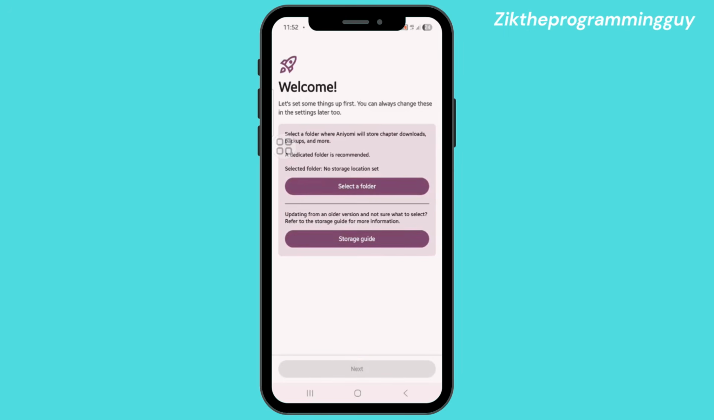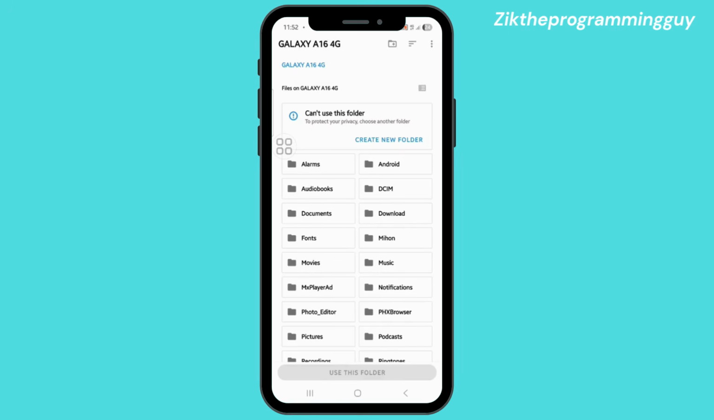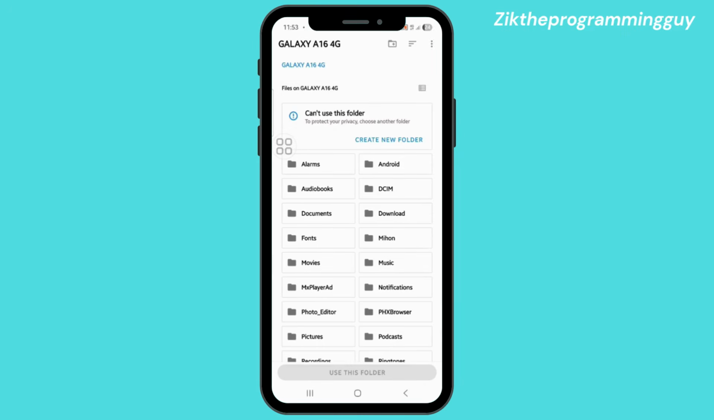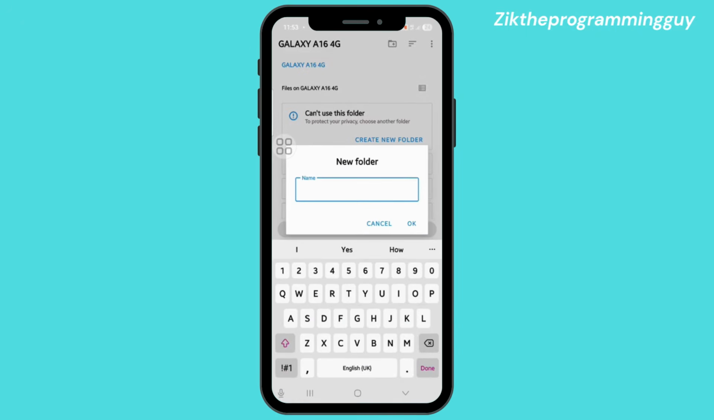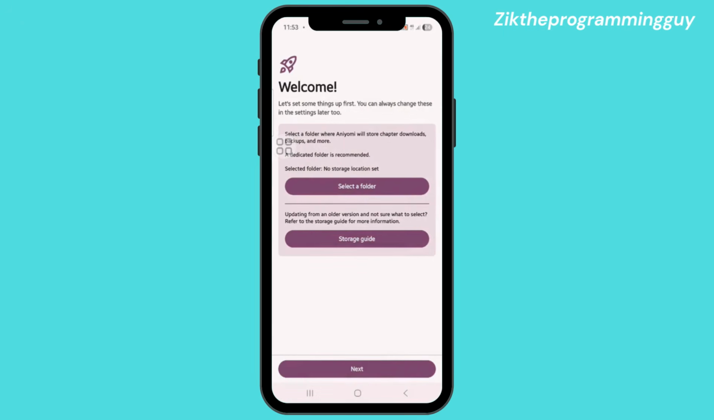So we're using the dynamic. Click on next, click on select a folder. You pick any random folder of your choice. Or if they say you can't use this folder, you get to pick any other one, or just create a new one. Aniyomi. Click on OK and you use this folder. Click on allow. Click on storage guide as well,